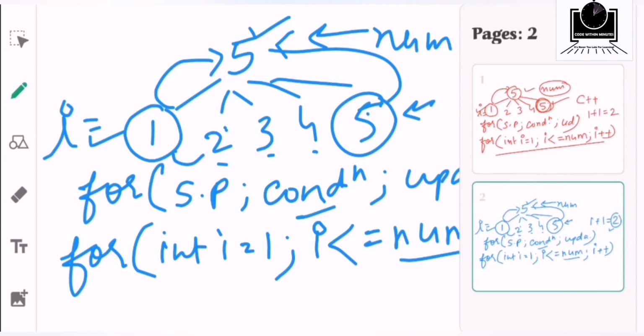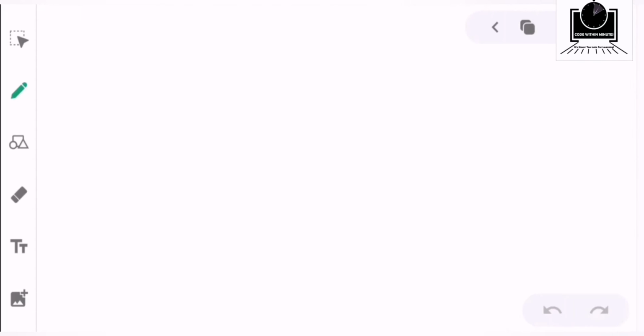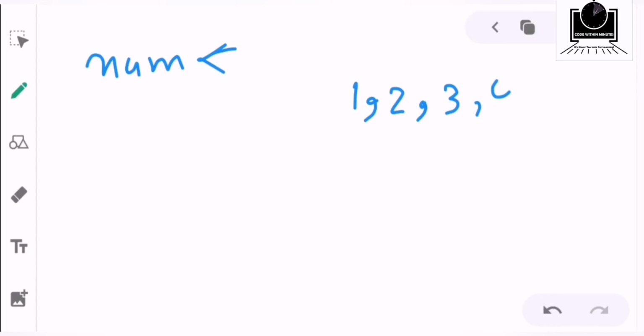After that we are going to see how to start the logic and how to start your program. First of all you have to take an input from the user, that is num, and then we have to implement a loop. After the loop we are getting the numbers from the loop, 1, 2, 3, 4 and 5. 5 is the example here, so we will take example 5 for the logic also.